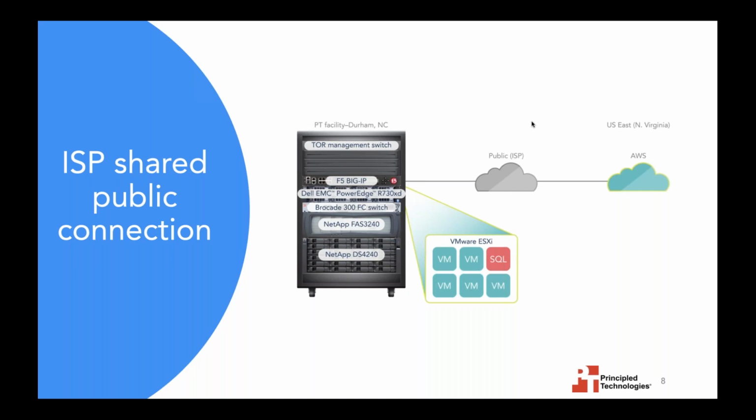And so we pushed right out across the public ISP and into Amazon. And so what we were testing in this case really was the impact of that public ISP. In the next scenario,